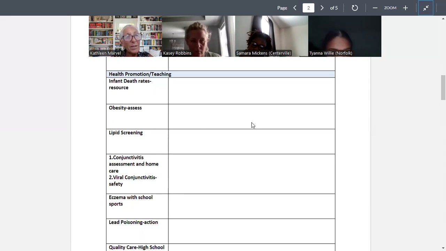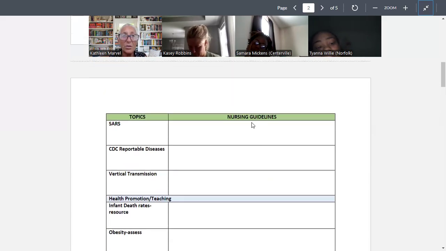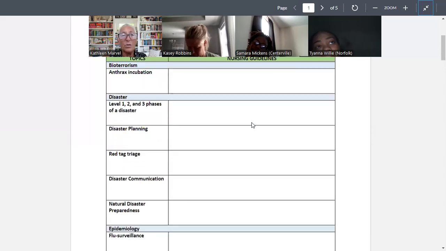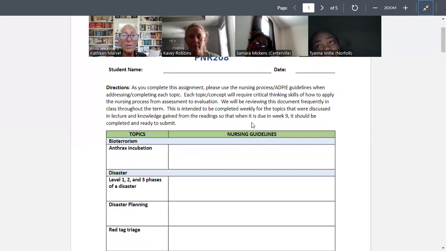And remember, this isn't 100% accurate. There's always, give or take, around 5-10 questions that are added in or deleted. There's always new questions, but they're always within the concept of health promotion and teaching, of epidemiology, of bioterrorism or disaster. So if you have a good foundational knowledge about these concepts and there's a new question, you understand the concept, you'll be fine.